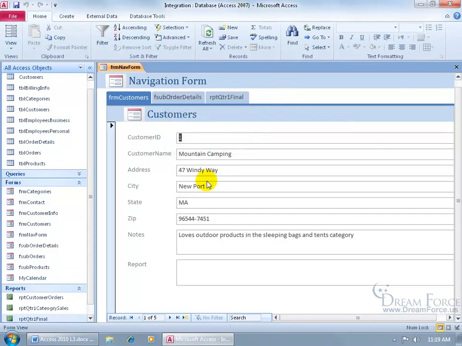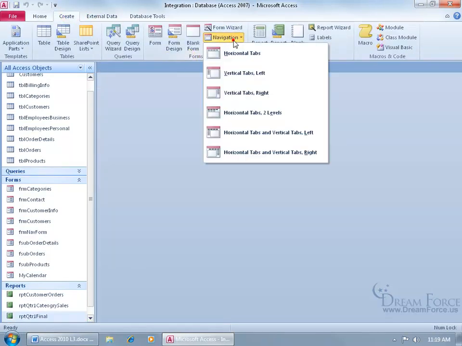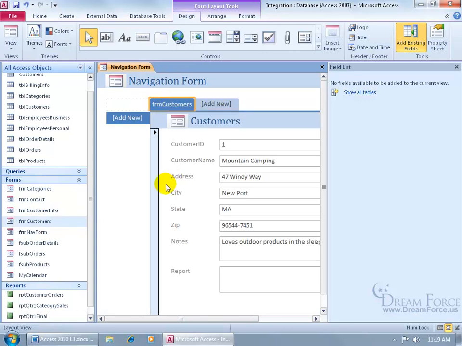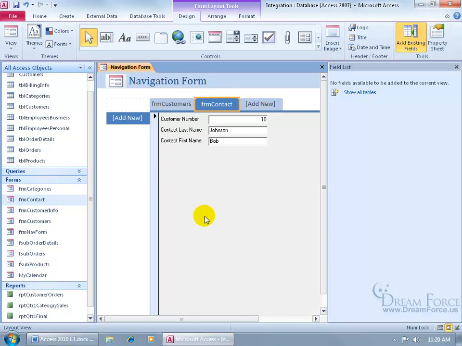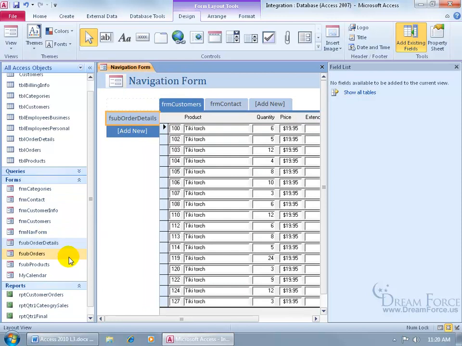Now let me do one more, something a bit more complex in case you decide to have tabs not only horizontally but vertically as well. Let me close out of here. Come up here, click on the Create tab, the Forms group, Navigation, down to Horizontal Tabs and Vertical Tabs. Click on it. You get both. Now, when it comes to adding forms, add them up at the top first, because the horizontal tabs are the main categories and the vertical tabs are the subcategories. Let me show you. If I click on Customers, drag it to the horizontal tab, and then add Contact to the second horizontal tab. If I go back to the first and add Order Details to the vertical tab and then Orders to the vertical tab,